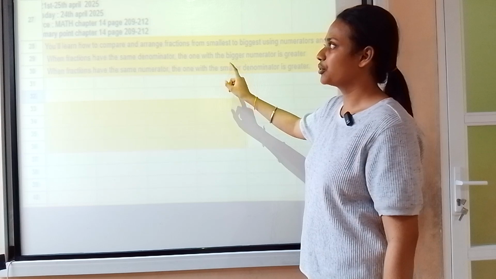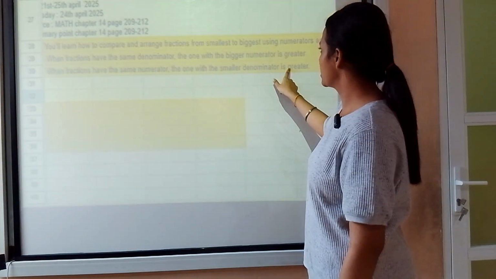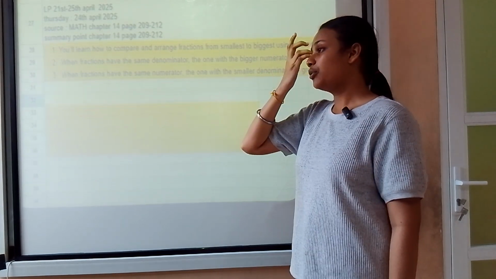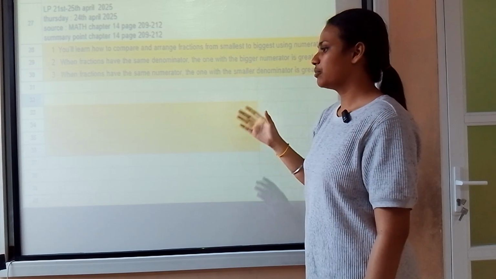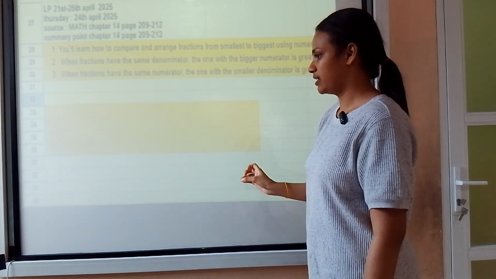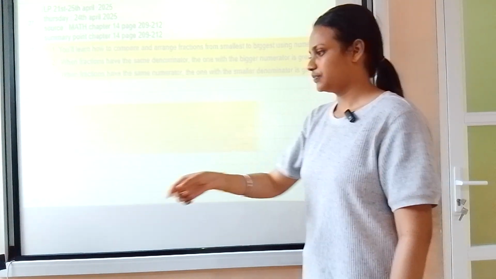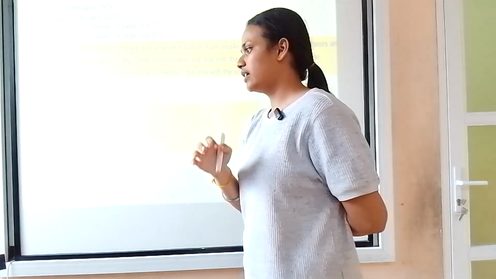Okay, you will learn how to compare and arrange fractions from the smallest to the biggest using numerators and denominators. So, how do we know about the smallest and the bigger? We can use the numerators and the denominators, Miss. For example, can I have the pen? For example, like here,